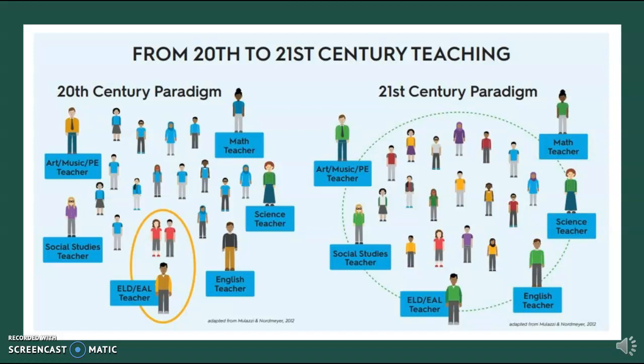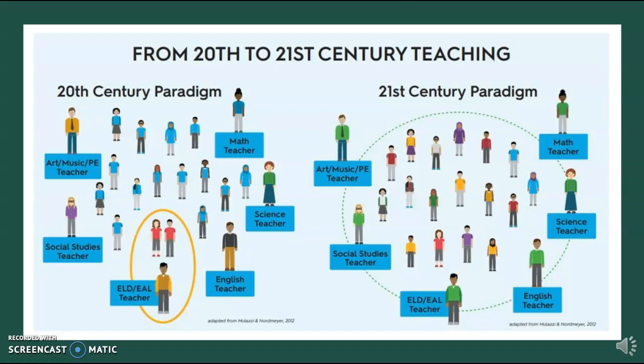Take a moment to look closely at this image from WIDA's Focus Bulletin on Collaboration. What do you notice? What do you wonder? Perhaps you noticed the color coding of the students in each paradigm. There's a boy and a girl in the red shirts within the oval, yet the students outside of that oval are all wearing blue. Gen Ed are seen as a homogeneous group, and EL students are viewed as separate in